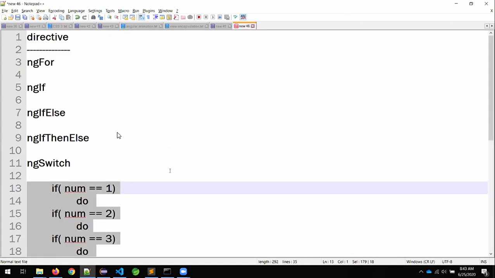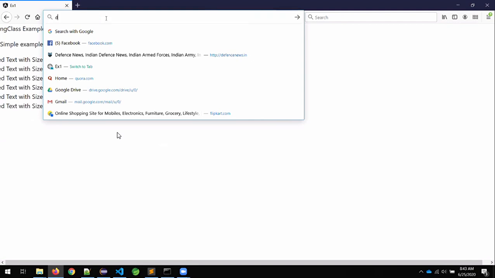These are the built-in standard directives we are having. Sometimes in the interviews they will ask you these questions. So practice this example. I will share these examples with you.